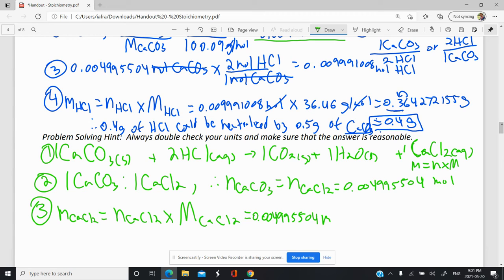0.0049955504 moles times the molar mass of CaCl2, which is, so calcium is 40.08 plus 35.45 for chlorine, plus another 35.45 for the other chlorine. So that's 110.98 grams per mole. We can cancel mole out, we get grams. So times our 0.0049955504. And remember to use the unrounded number and then round at the very end. So we get